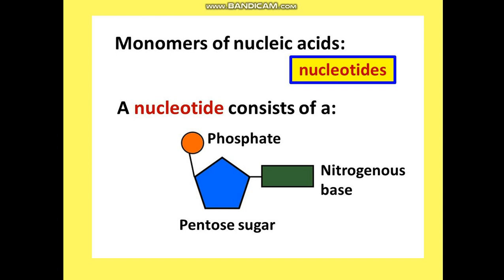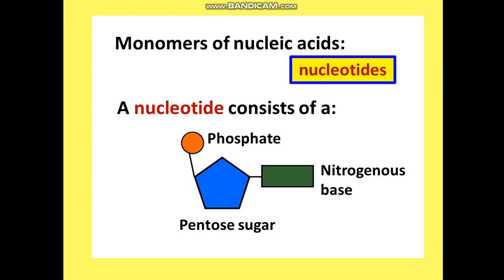This is the structure of nucleotide. You should understand that the nucleotide is made up of three things: the phosphate, the pentose sugar, and the nitrogenous base. These all are linked. Phosphate and nitrogenous base are linked to one another by a pentose sugar. So there is a pentose sugar in between. Pentose means having five carbons, five sides. Okay, pentose sugar is joined to phosphate from one end and nitrogenous base to another end.